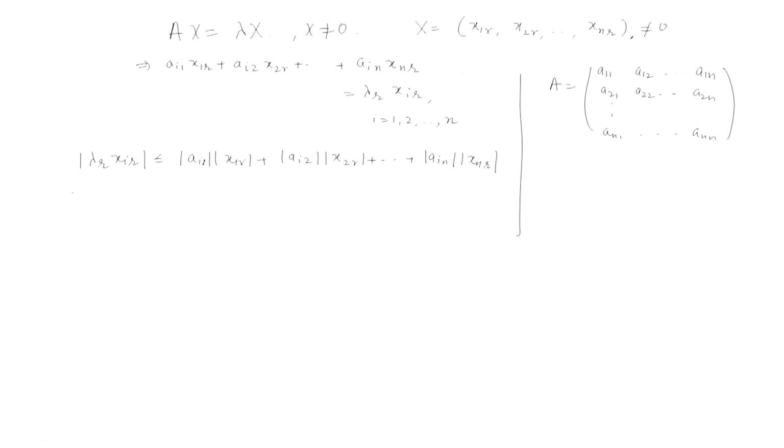Now, suppose xsr is the maximum of mod x1r, mod x2r and so on up to mod xnr. Suppose out of the maximum of the moduli of these xi's, xsr is the maximum one, and of course it is not equal to 0 because x is not equal to 0. So, the maximum can't be 0. Now you divide this equation by mod of xsr. When you divide both sides, the inequality will not change,